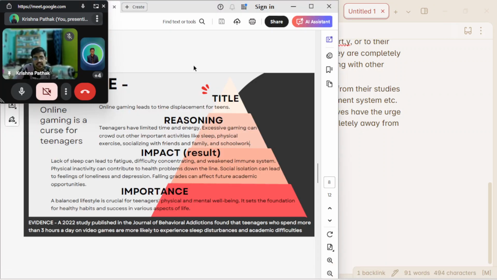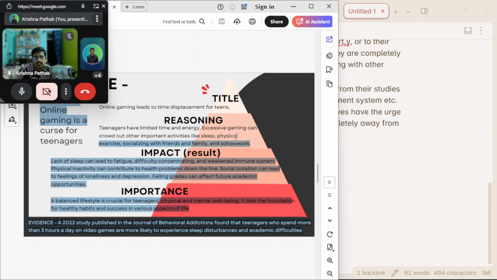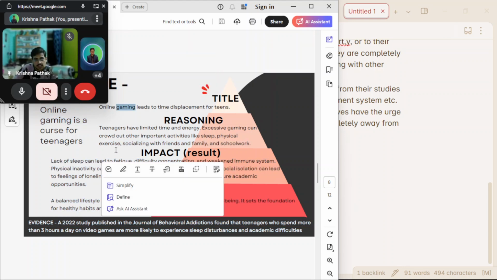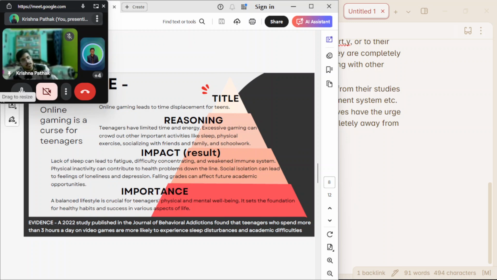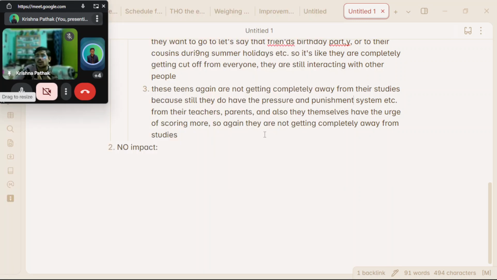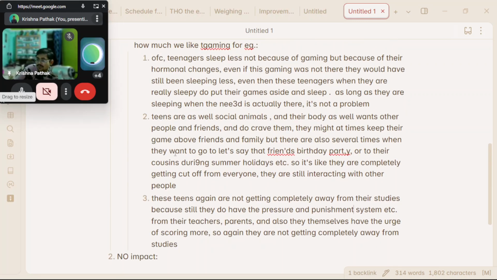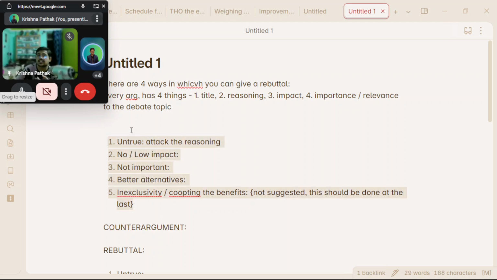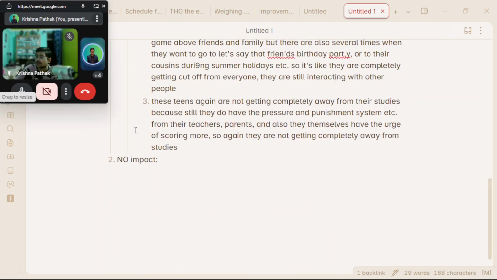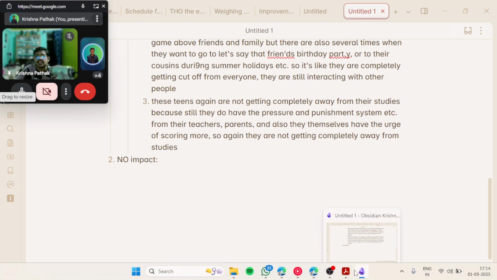देखो, उन्होंने क्या कहा कि ये चीज़ें हो रही हैं, फिर उससे उन्होंने इम्पैक्ट दिया कि लैक ऑफ स्लीप से फटीग होता है, डिफिकल्टी कंसंट्रेटिंग, वीक इम्यून सिस्टम, फिजिकल इनएक्टिविटी can contribute to health problems down the line, social isolation can lead to feelings of loneliness, depression, falling grades। ठीक है, तो इनका जो इम्पैक्ट है ये फ्लॉलेस है, इसमें मैं कोई कमी नहीं निकाल सकता। तो मैं इसको इस वाले तरीके से डील ही नहीं करूँगा। जैसा मैंने आपसे कहा कि हर आर्ग्यूमेंट को हर तरीके से डील करना ज़रूरी नहीं है, तो मैं इसमें नो या लो इम्पैक्ट वाली चीज़ नहीं करूँगा।